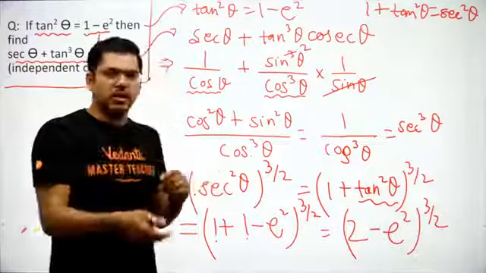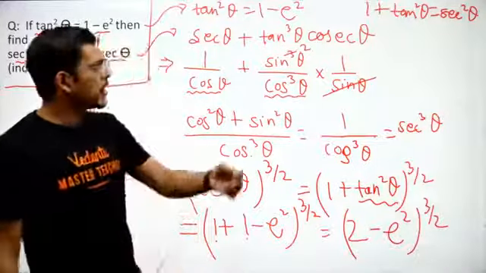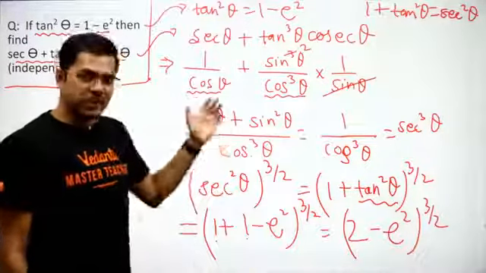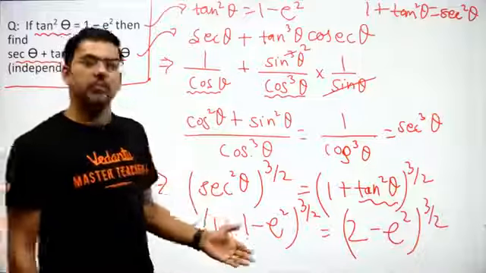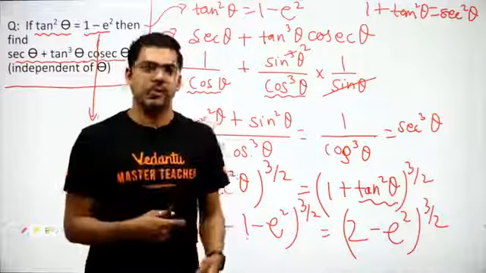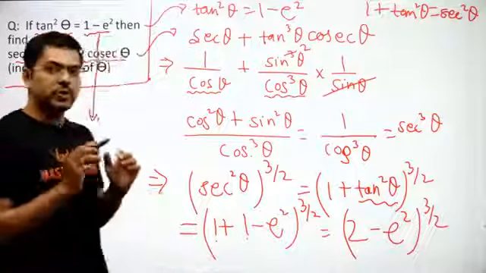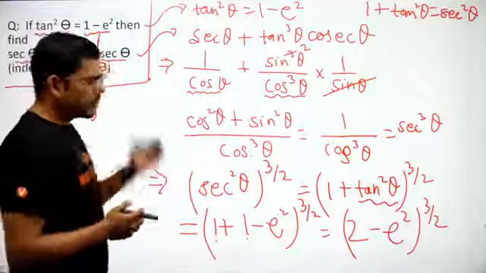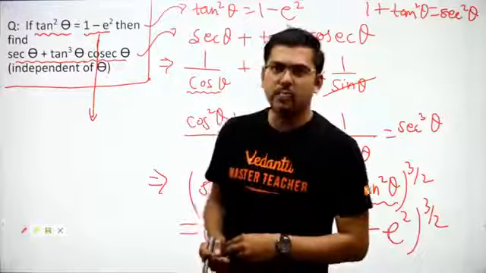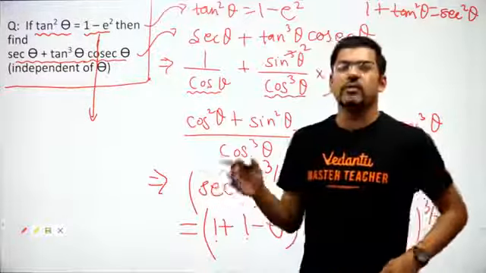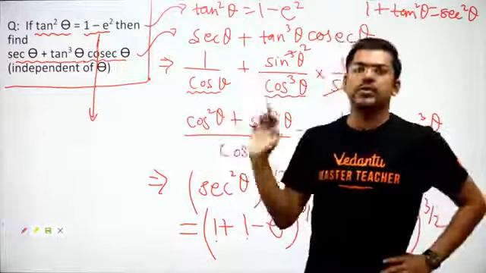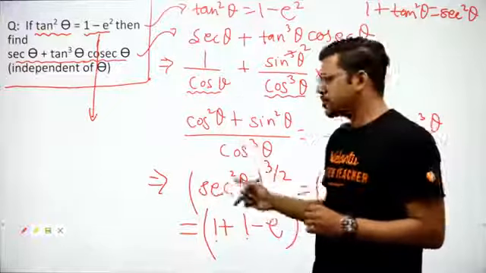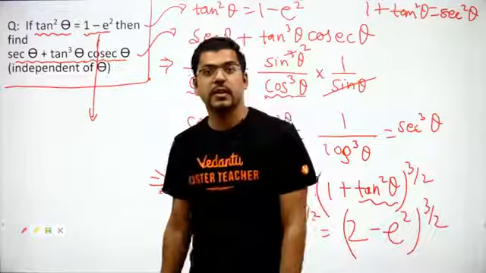And the time which I spent, a little more time, was only to make you understand the basic things. Otherwise, you can very well understand that this problem could have gone a little bit faster also. Now, I guess you all would have understood what I am trying to tell with this problem. See, this problem looks so tough, and it has a tougher method also, because whenever you find such a question in your book, you will see a very long method to solve it. But this can be solved in such smaller steps also, and this is a really good question.